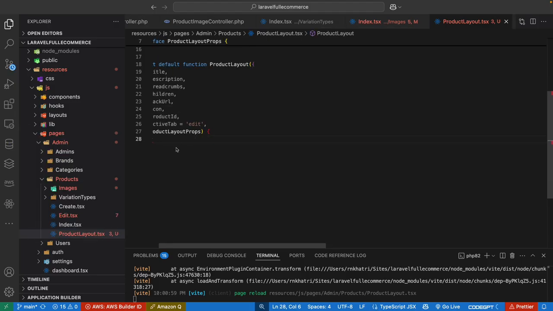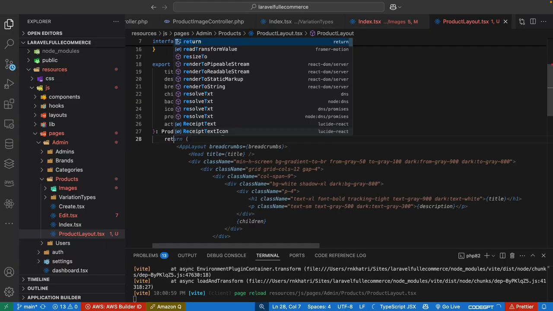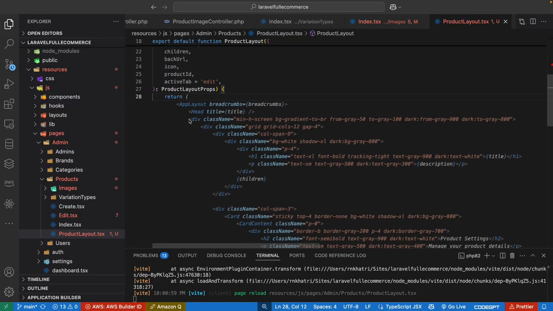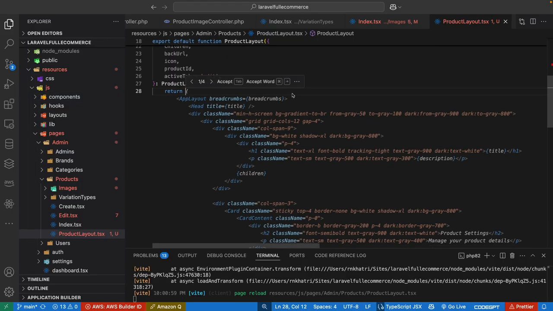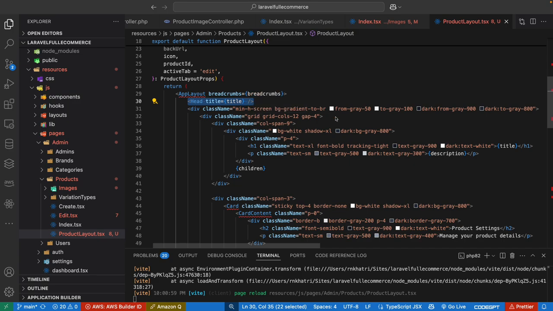Okay, everything I am removing, and return. Okay, and then layout as a breadcrumbs, and breadcrumb header is a title. Let's set minimum height screen is a busy gradient to bear from this one. Okay, grid from this is a okay grid,